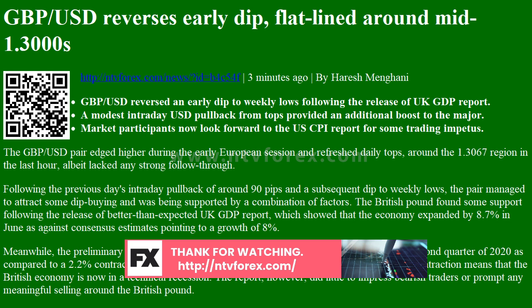Moving ahead, market participants now look forward to the release of the latest US consumer inflation figures for July. The data might influence the USD price dynamics and produce some short-term trading opportunities later during the early North American session. Technical levels to watch: GBP/USD overview today, last price 1.3056, daily change 0.0008, daily change percent